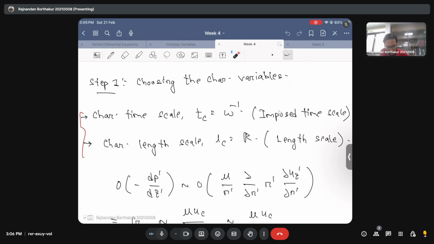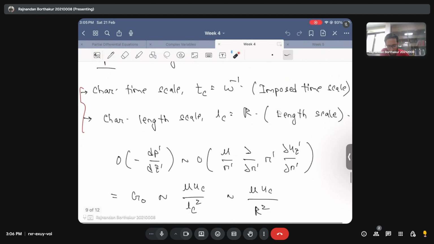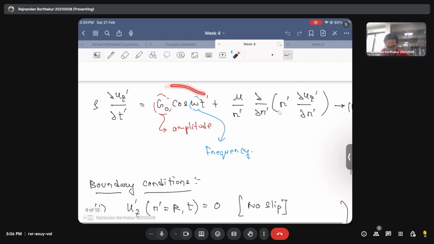And we also had a length scale for this problem. We have chosen the length scale to be the radius of the pipe, and that's the only plausible length scale that we had in this problem. Then we balanced the order of magnitude of the pressure gradient term with the viscous term, because this is the term which dictates the fluid motion. The fluid is moving just because you are applying a pressure gradient whose amplitude is G naught with some oscillatory term. So if we are to find a characteristic velocity scale for this problem, I must balance the cause which is responsible for creating a velocity profile to the viscous term,